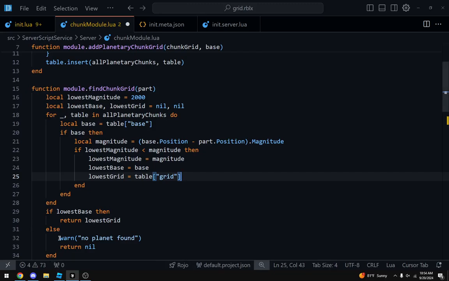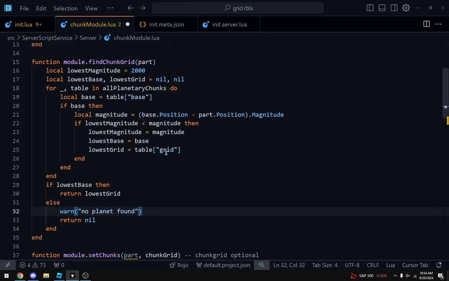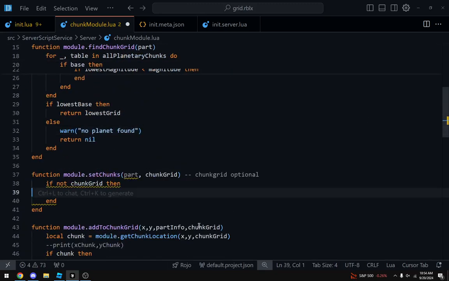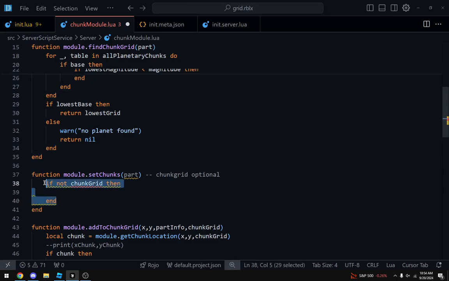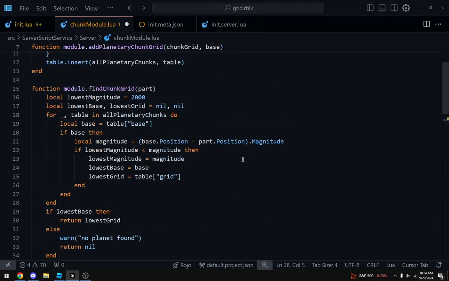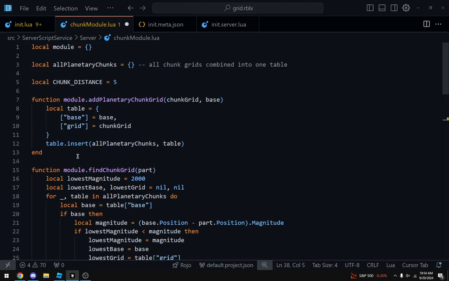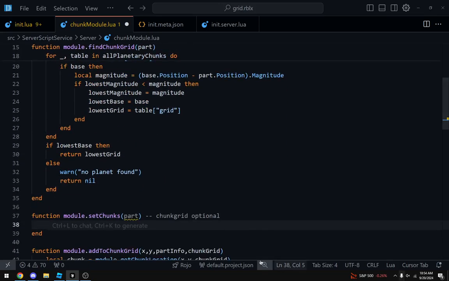Okay, so if we have no planet found, then we don't want to load any chunks, right? So basically, if not chunk grid, then we want to define it. So if we have a chunk grid, well, we're never gonna have a chunk grid, so I don't even know why I'm putting this here. Okay, so basically, this is gonna return us a grid.